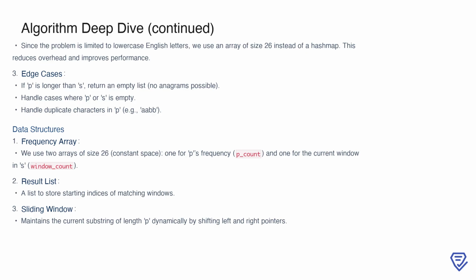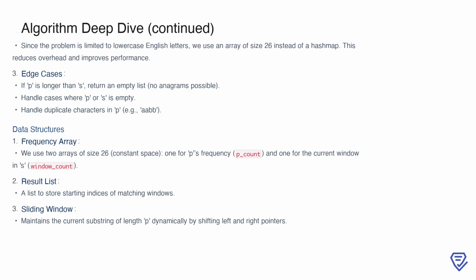Instead, it reuses the computation from the previous window, which eliminates redundant operations. By using a frequency array of size 26 instead of a hash map, we further optimize the performance since the problem is constrained to lowercase English letters. Additionally, we account for edge cases, such as when the length of p exceeds the length of s, where no anagrams are possible, or when either p or s is empty. We also handle scenarios where p contains duplicate characters, as the frequency-based approach naturally accommodates such cases. Overall, the sliding window technique, combined with frequency arrays, ensures that our algorithm is both time-efficient and space-efficient for this